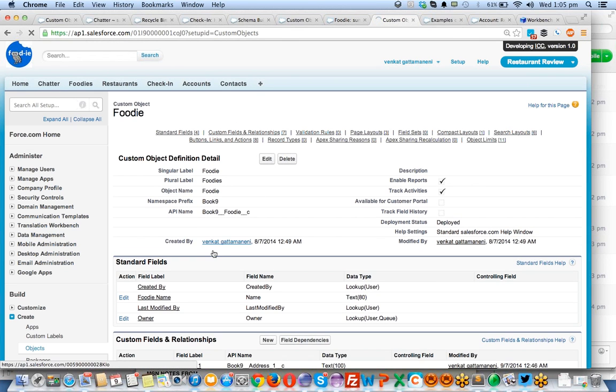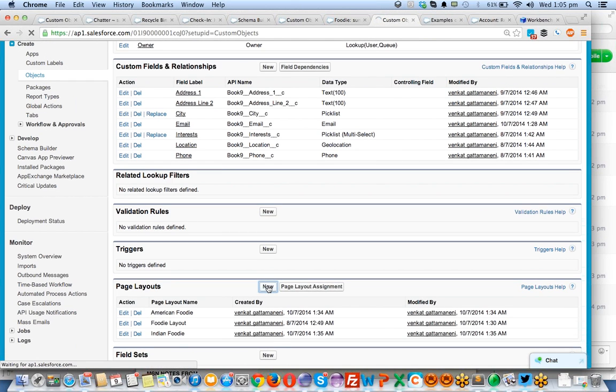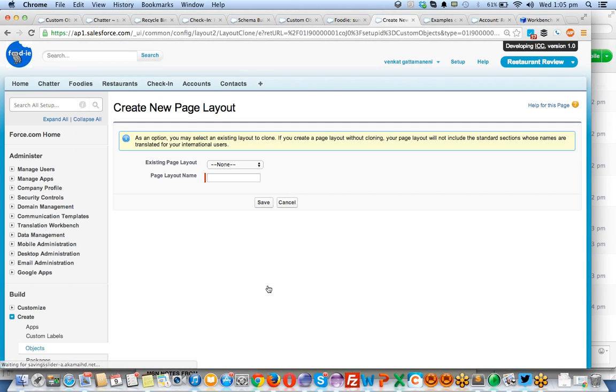Now what I will do is create one more page layout for African people, or some people who don't have an email address. I can go from any of the existing page layouts, there's no issue.